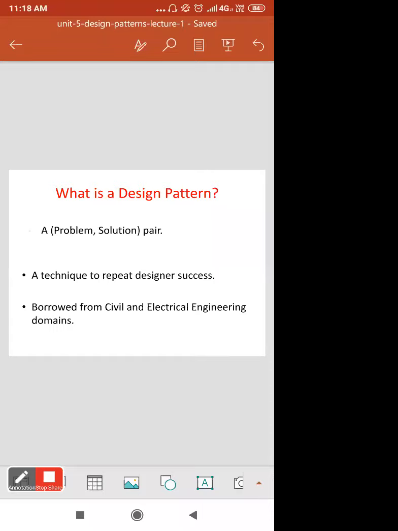Okay, and where is this concept coming from? The background or history behind design patterns: this concept was invented by the four authors of the book Elements of Reusable Object Oriented Software, and these four authors are referred to as the Gang of Four.